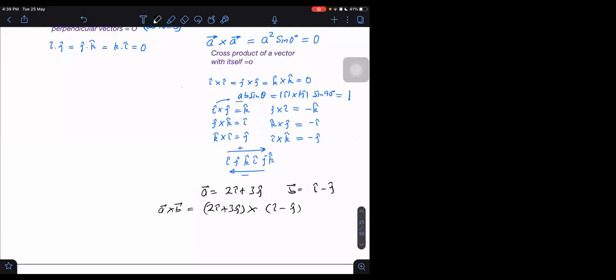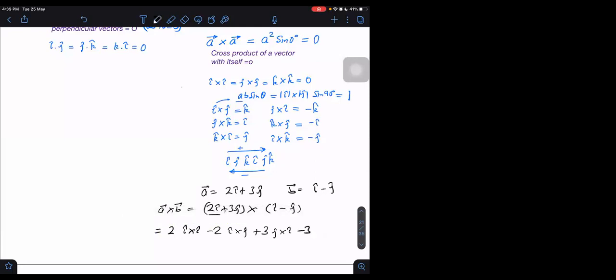So what we will do now? How do we normally take the product? Normally we will multiply the coefficient with the coefficient. What is the coefficient of the first? 2 into 1, that is 2, and I cross I. Plus, again 2 into minus 1, that will be minus 2, and it will be I cross J. Then plus, it will be 3, and then it will be J cross I. Then one last term is pending.